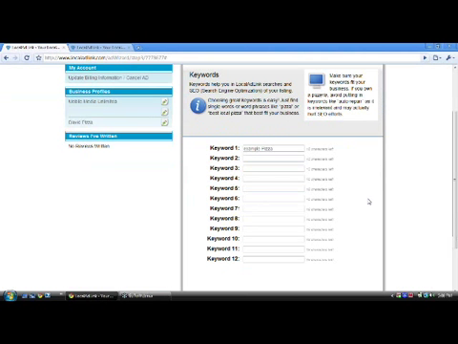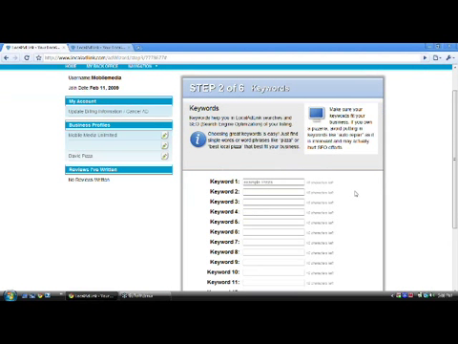So that's step 1. Step 2, I'm going to pick some keywords. In step 2, it's asking you for keywords because of how it's going to go step by step. So we're going to go ahead and put in pizza, obviously, chicken wings,